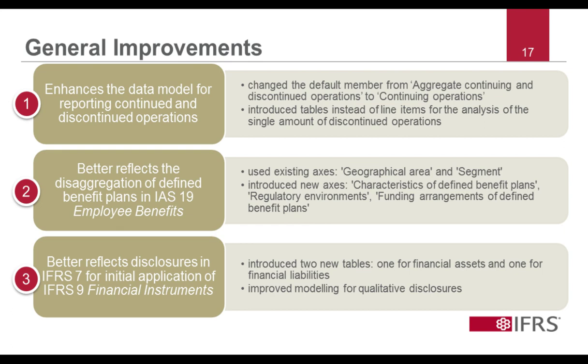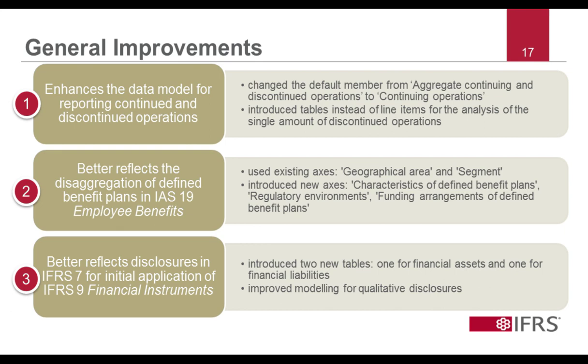So currently, the IFRS taxonomy includes 4 line items to reflect the disaggregation of the single amount of the discontinued operations presented in profit or loss as required by IFRS 5. Those 4 line items are created to tag discontinued operations only. So, for example, we used to have a line item that was revenue for discontinued operations. However, we noted that entities might present more line items, and then to allow them to tag those elements, the entity will need to create extensions. So, for example, to tag cost of goods sold that wasn't a specific line item, an entity will need to